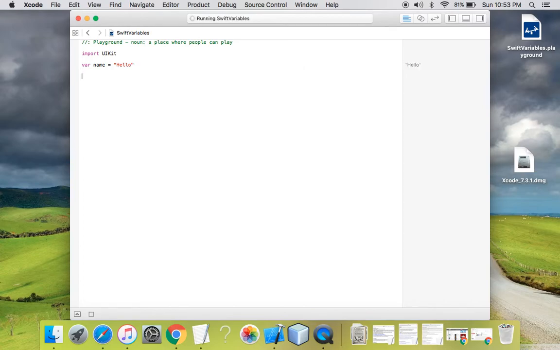As discussed, I told you that variables in Swift are not strongly typed. Now what is meant by strongly typed? Strongly typed means when you create a variable, the default value you give will determine its type. Here I have not mentioned the type of the variable. I have not mentioned that it's a string or an int. The compiler determines the type of the variable using the value entered. So here I have created a variable name, and I have put in a value of hello. The compiler automatically detects that the value of var name is a string.